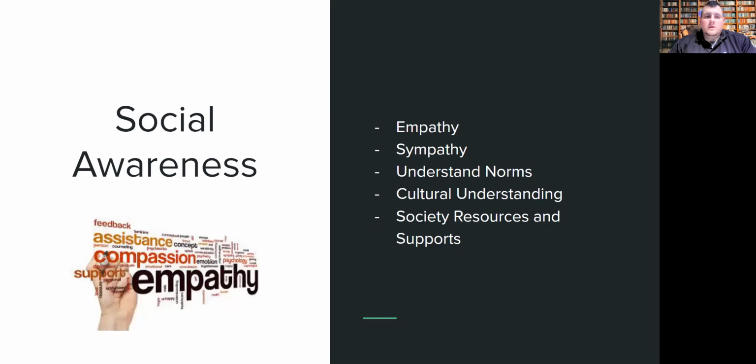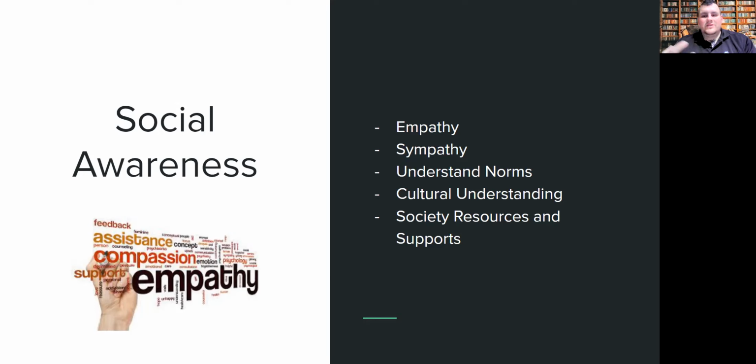Now, social awareness is the next cornerstone, and what that really brings about is empathy and sympathy. These two things together don't necessarily equate to compassion, but it's being able to understand where other people are coming from, and also the ability to sympathize with them and understand the feelings they're going through. It doesn't mean that you're compassionate about those things, or your students need to be compassionate, but it helps understanding, especially in group projects. I know students often complain about group projects, but I think they are super essential to the learning environment.